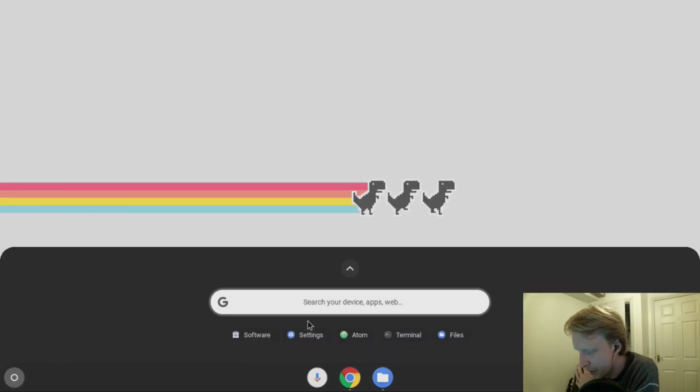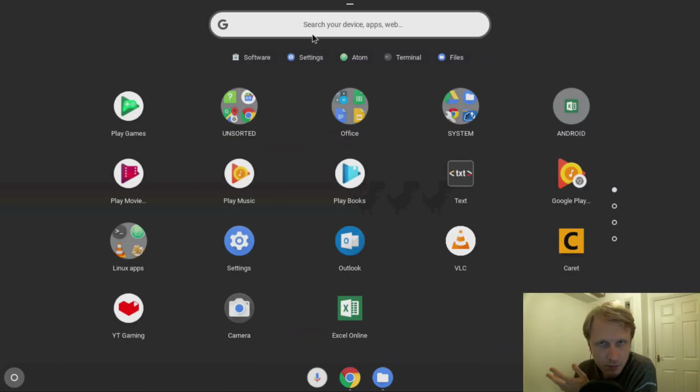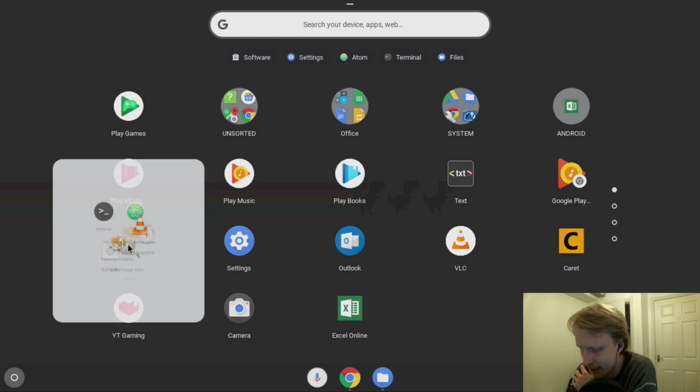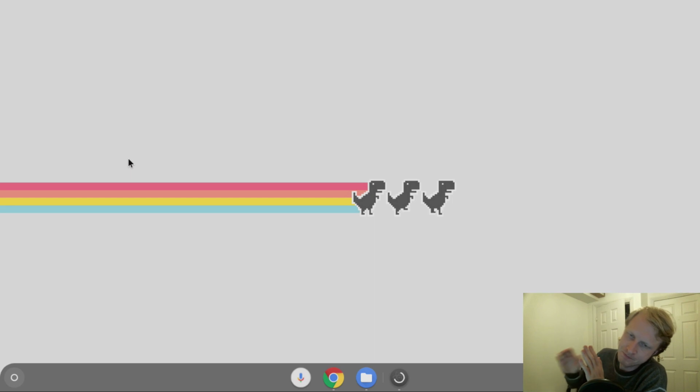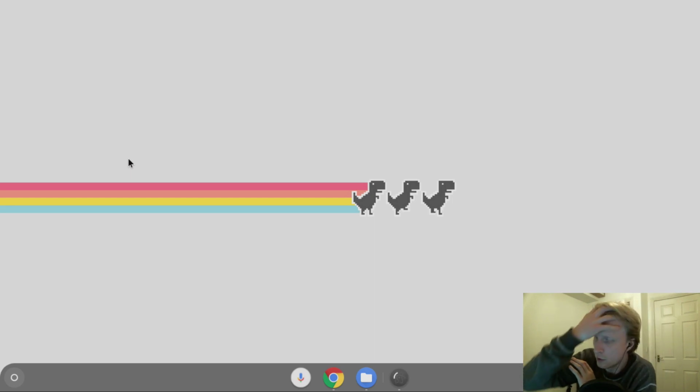So if I go to my start menu or app drawer, under Linux apps I have Atom. Let's click and see how it goes. Again, the same as the previous video with Visual Studio Code, my Chromebook is not that powerful, and it's gonna take forever to start this app. Even right now you see this thing, it just keeps spinning and spinning and spinning,